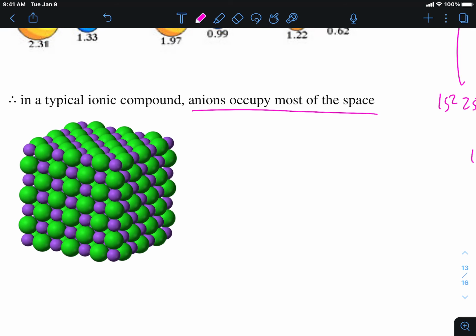So in an ionic compound, for example, NaCl, what do we really have in NaCl? We have the Na+ ion and we have the Cl- ion. Well, Na+, in order for sodium to become an ion, it must have lost its third energy level. So it shrinks dramatically. When chlorine gains an electron, it swells. So even though both of these are in energy level 3, there's a dramatic size difference between them. Sodium originally was in energy level 3, but after losing its valence electron, it now only has 2 energy levels. All right, so